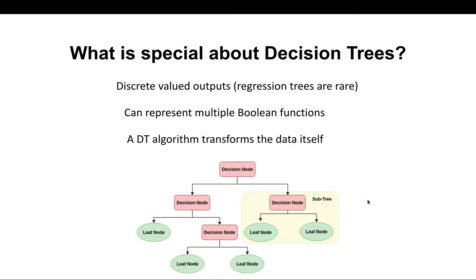Why are decision trees special? They can represent multiple Boolean functions. And another reason why decision trees are really cool is that a decision tree algorithm is able to transform the data itself into a completely different structure, right? So decision trees take a certain data set, a certain predictive problem, and they model it completely differently. In other words, you're creating a completely different structure from the original problem. And that's why I think decision trees are really innovative, because the algorithm is able to transform the data and